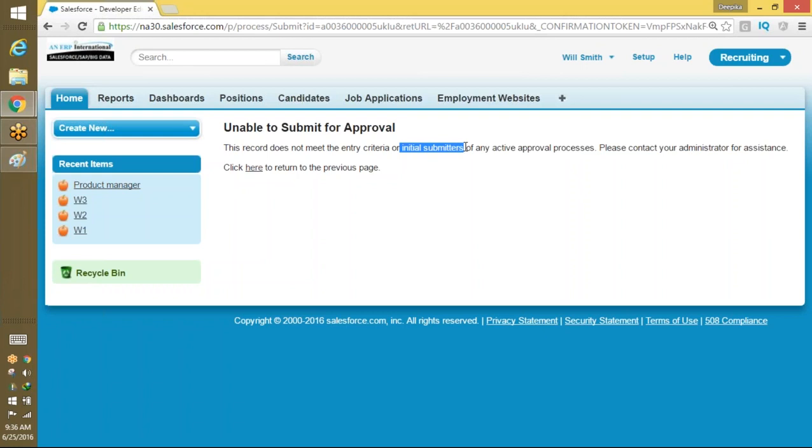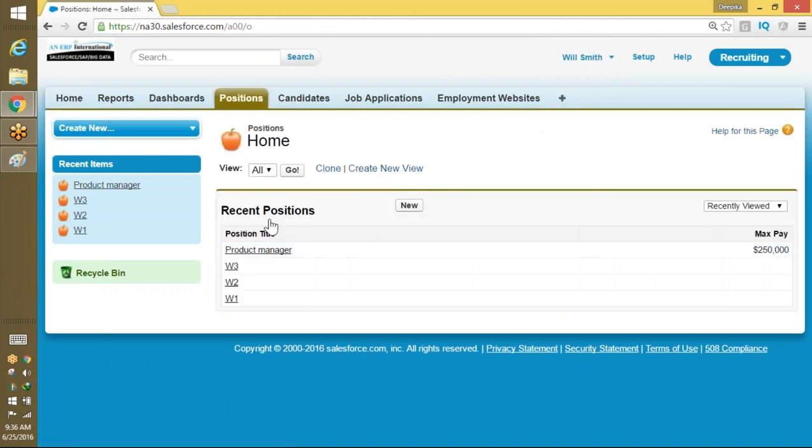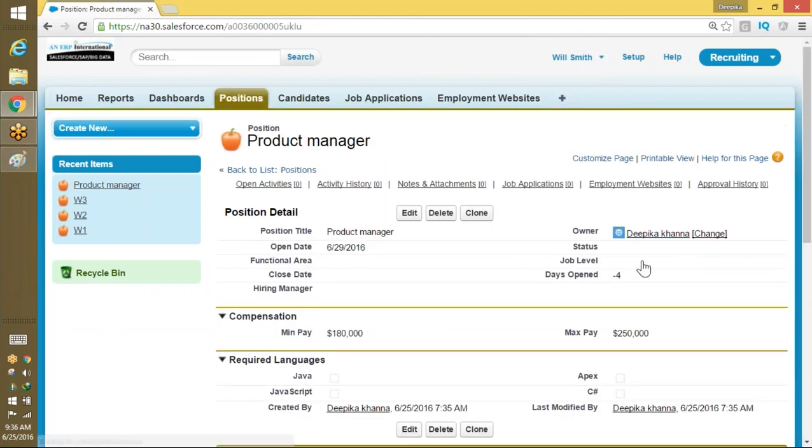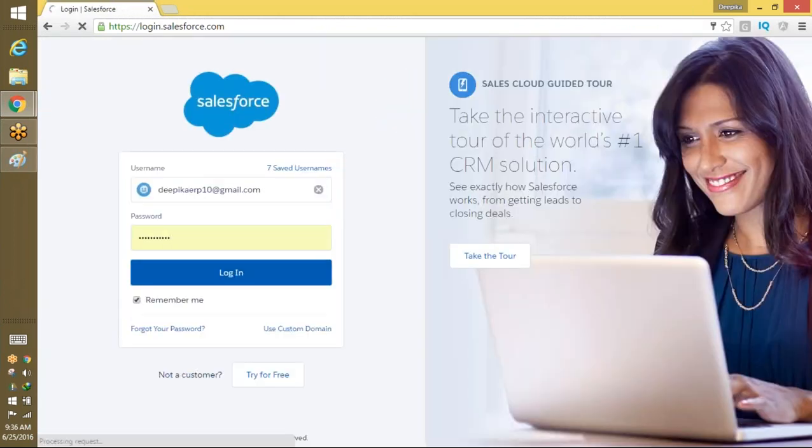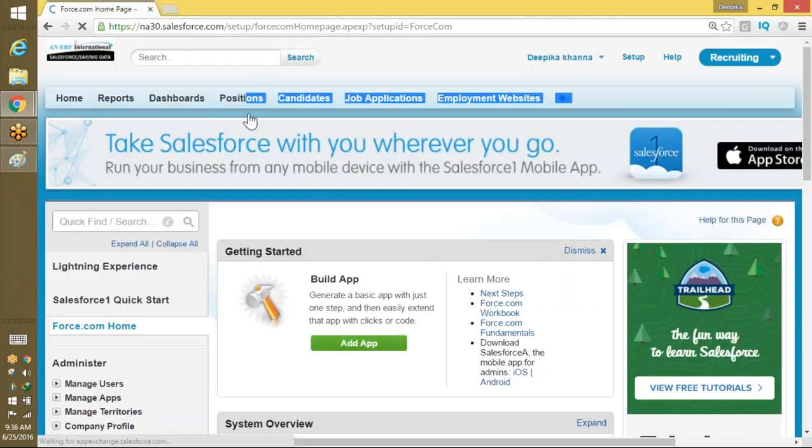Okay, it meets the entry criteria, everything is right. But he is Will Smith and he is not the one who is the owner. Who is the owner of the record? Owner of the record is Deepika. So she has the right to submit it. So if I log out and log back in again as Deepika, now if I go to the positions,